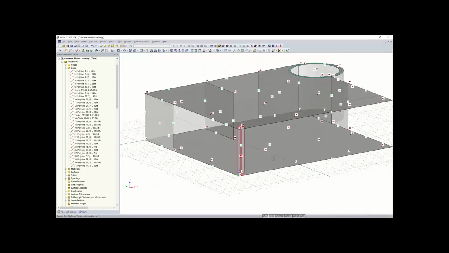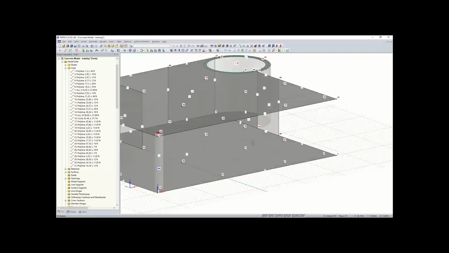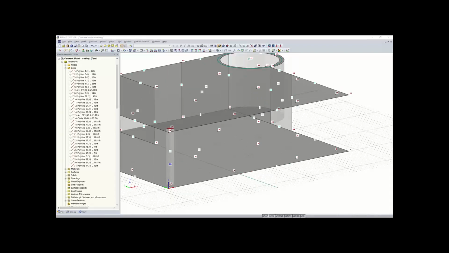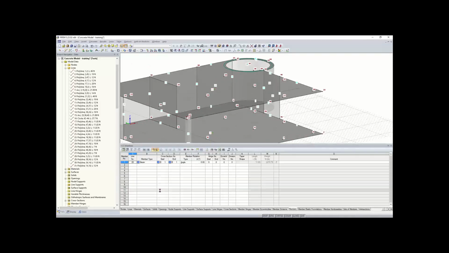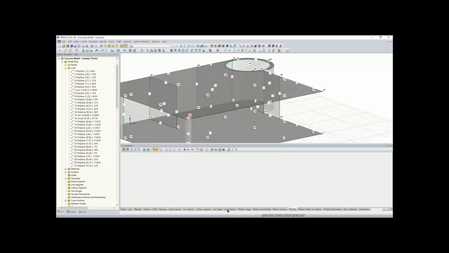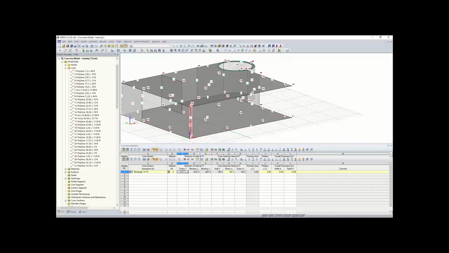And now you can see that my member here, my concrete column, that line that I connected those two nodes has been created or transferred into a column that we defined. And you can also see this in the table. So if I turn on my table up here, maybe we want to get a look at our cross sections in our table. So we can go open our table and we can go to members. And we can also go to cross sections. And under the cross sections tab here, you can see we have our cross section listed. And we can also change this cross section from here as well if you would like. And yeah, you can also see up here what table you're in if you need to reference it. It's 1.13 cross sections. So I will close out of my table,